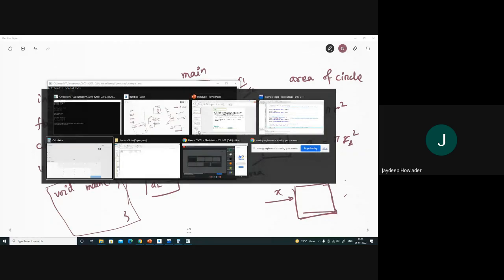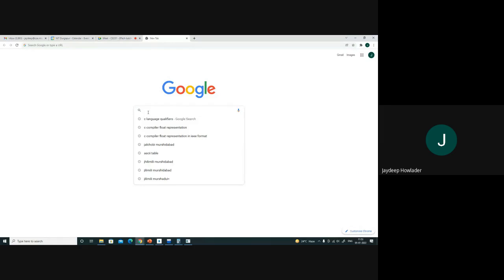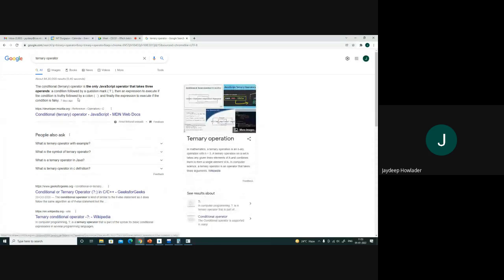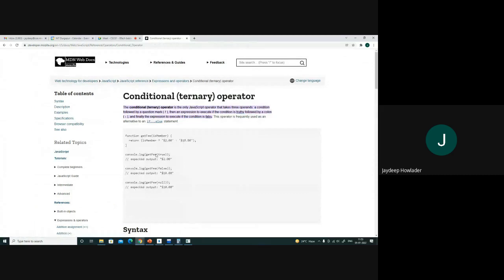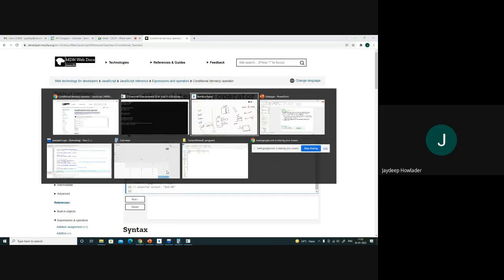It is one ternary operation that is available in C and Java. Okay. It is something like this.